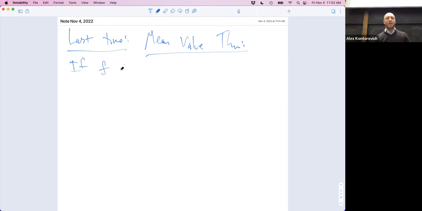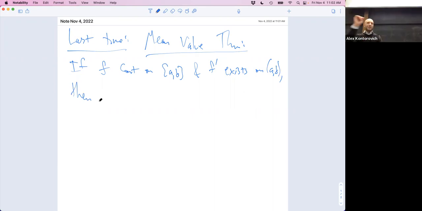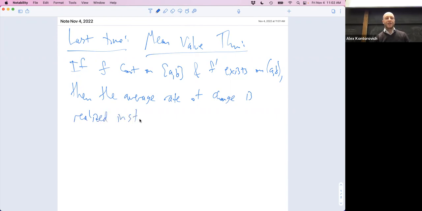If f is continuous on a closed interval and differentiable in its interior, then the average rate of change is realized instantaneously somewhere. Let's just write that down. The average rate of change is realized instantaneously somewhere. In other words, there exists some point C in the interior